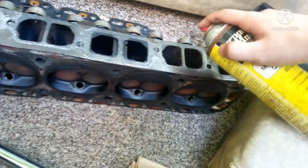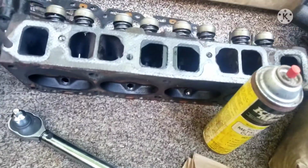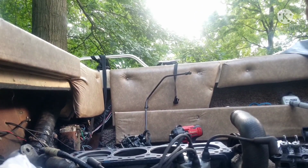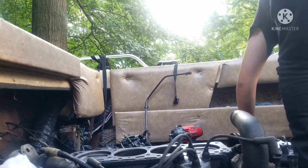Just a little bit down each hole should do the trick. Yep. Alright, well, it's time for y'all to watch me struggle putting the head back on. Well, not struggle, but this thing is very heavy because it's entirely made out of cast iron, so...